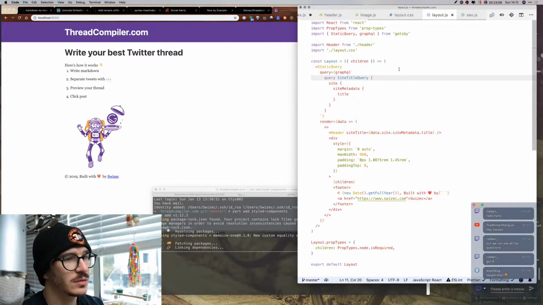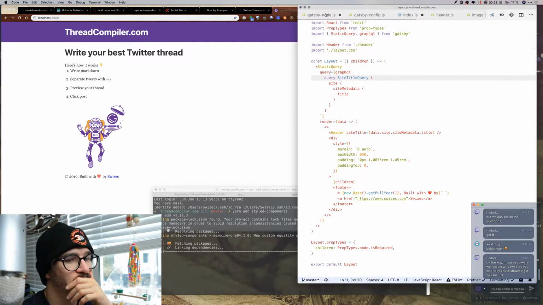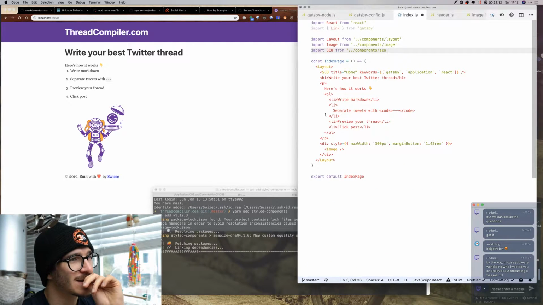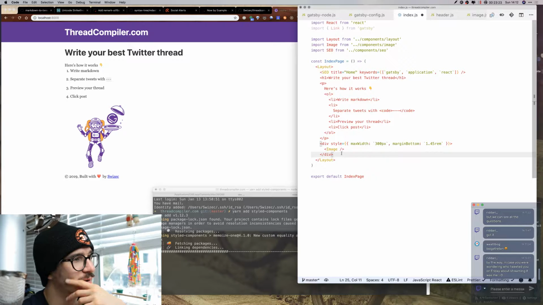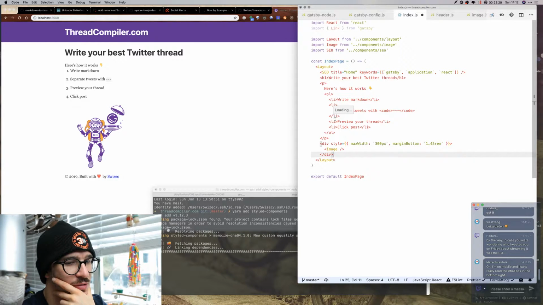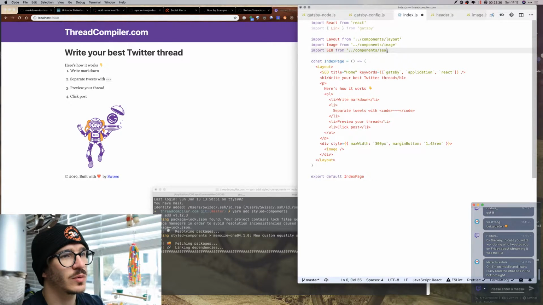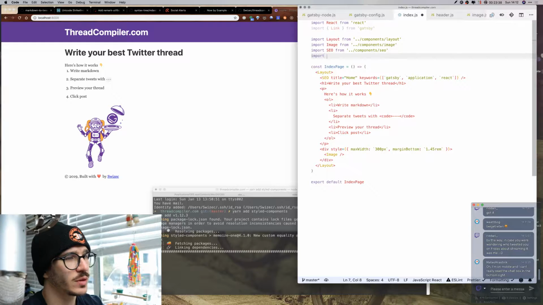No. So I'm having a little trouble deciding how to organize my code right now. I guess ideally this would just render a content. So let's make it a component. We're going to go here and import